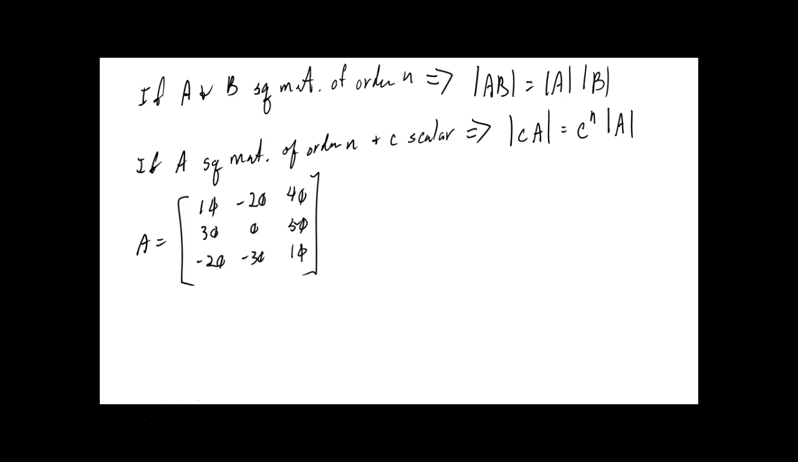Okay. Now, what I want to suggest to you, what do you notice about that matrix? Every element has a factor of 10. Okay? So you could factor out a 10 from this. And what would be left? 1, negative 2, 4, 3, 0,